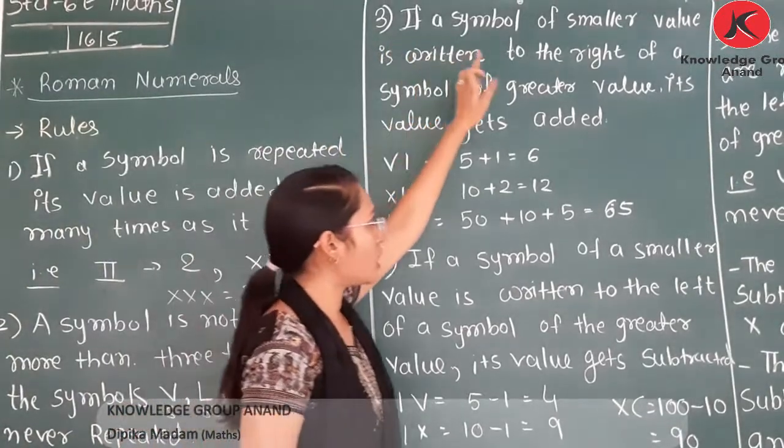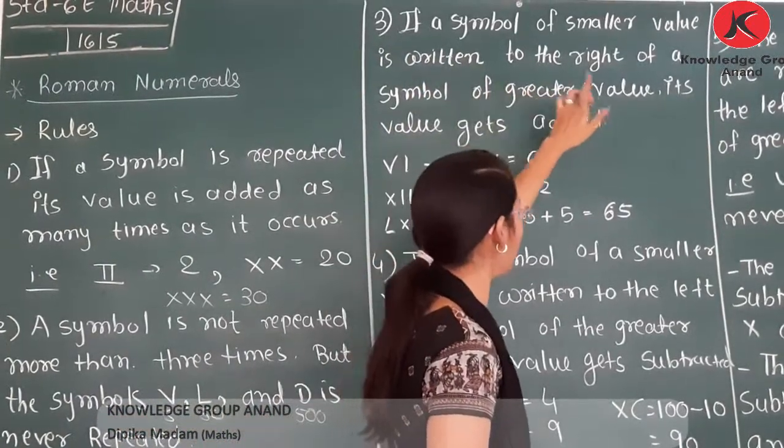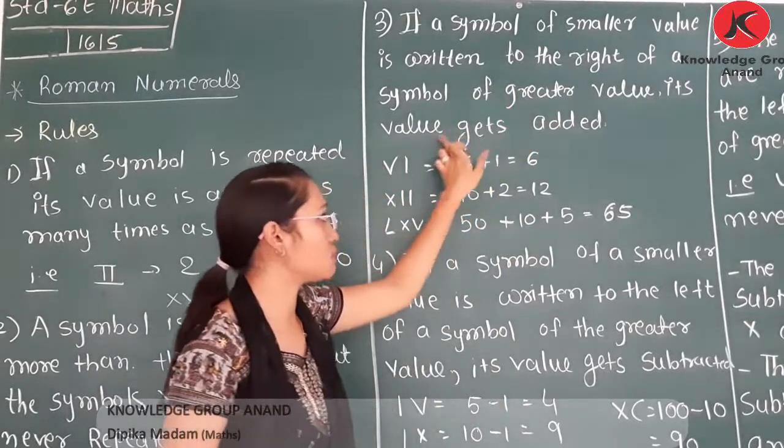Third, if a symbol of smaller value is written to the right of a symbol of greater value, its value is